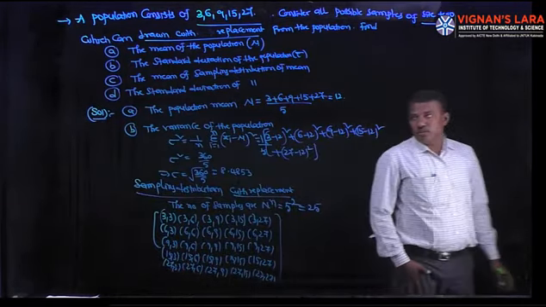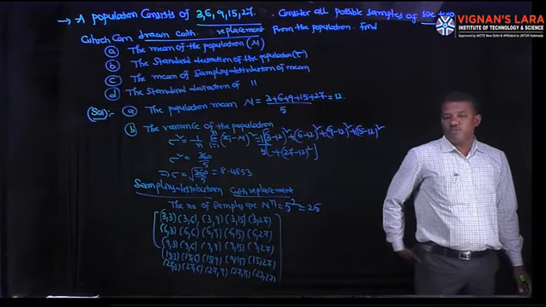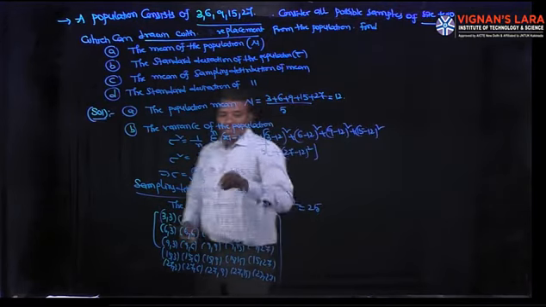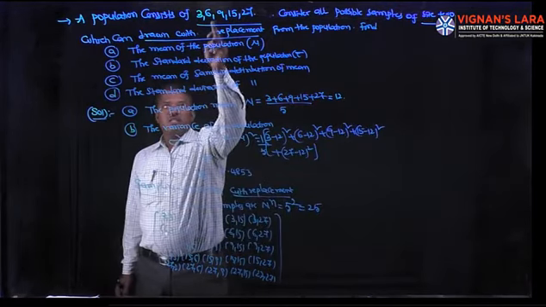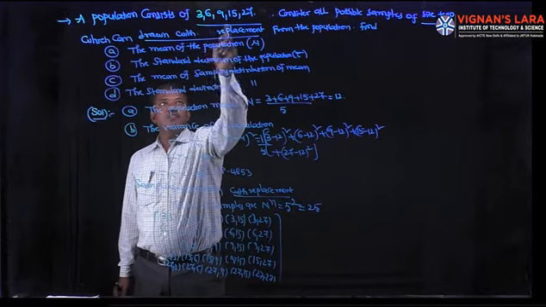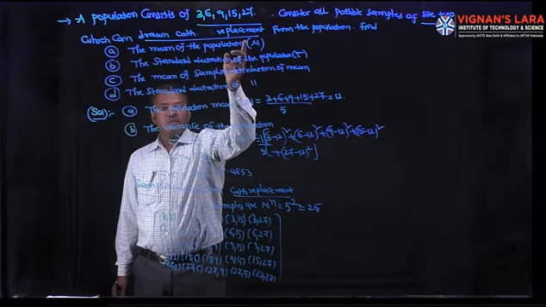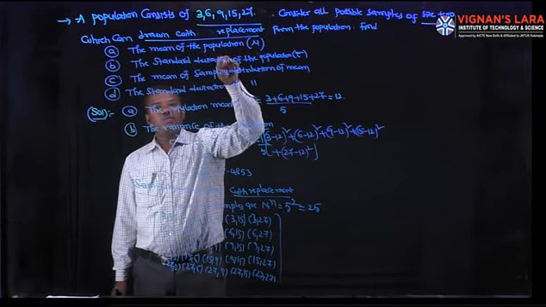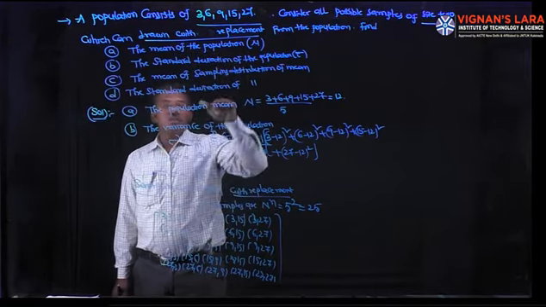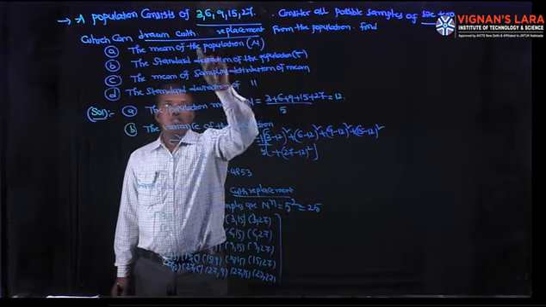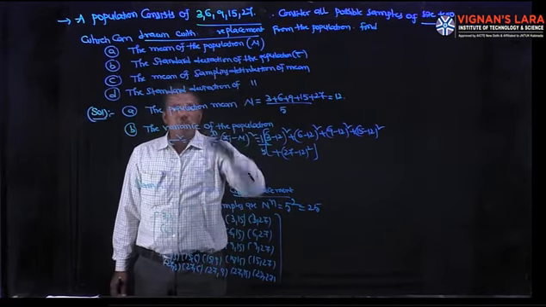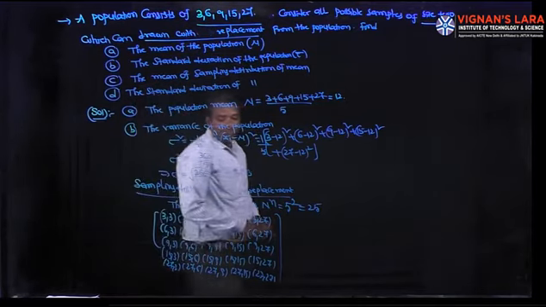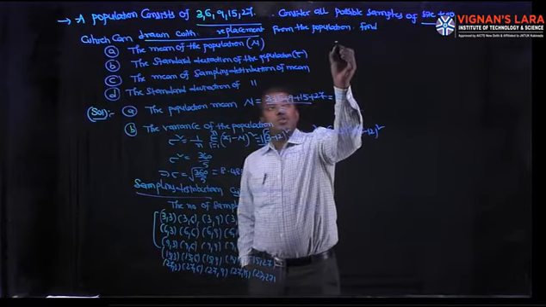With 3, with 6, with 9, with 15, with 27, each one consists of 5 elements. In without replacement, the samples are 3 6, 3 9, 3 15, 3 27, not 3 3. But with replacement, 3 3, 3 6, 3 9, 3 15, 3 27. Along with 6, in without replacement 6 9, not 6 6, 6 9, 6 15; with replacement, 6 3 also, 6 6 also, 6 9, like that. Then sampling distribution of mean.